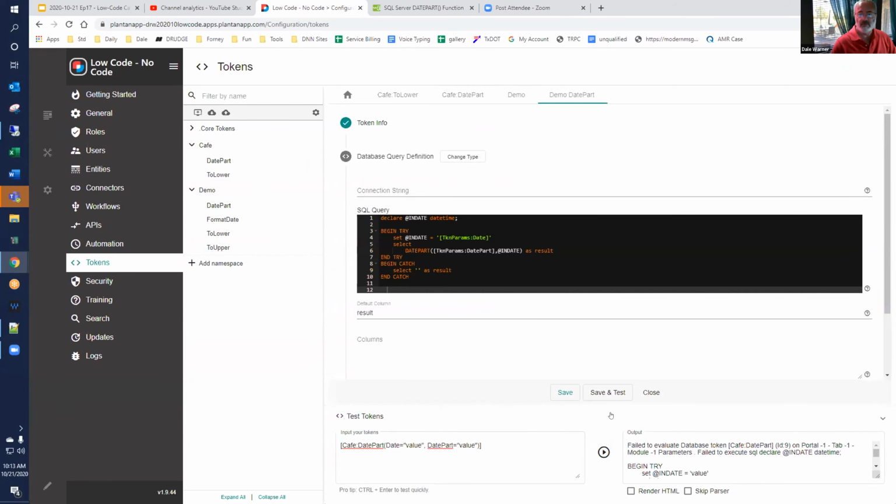And so when I save and test that, it gives me, oh my goodness. Well, it was working a while ago. I promise you it was working a while ago. But anyway, that's the idea. That maybe should be actual date in there instead of value. Sure, but the catch block should have given me